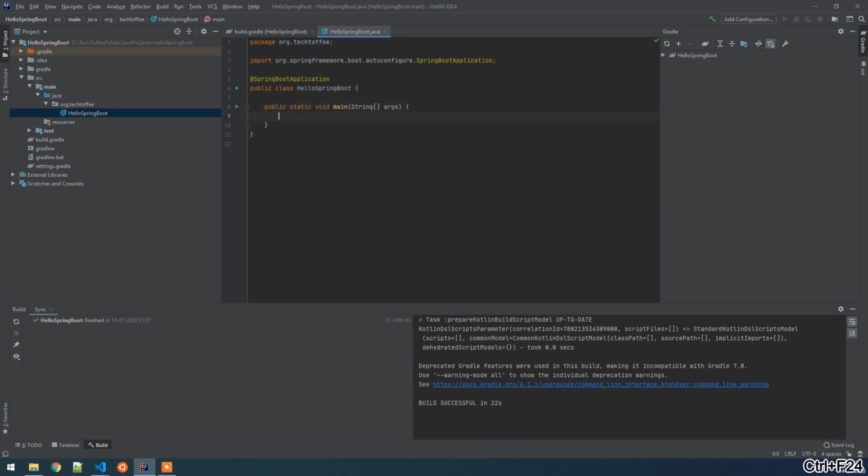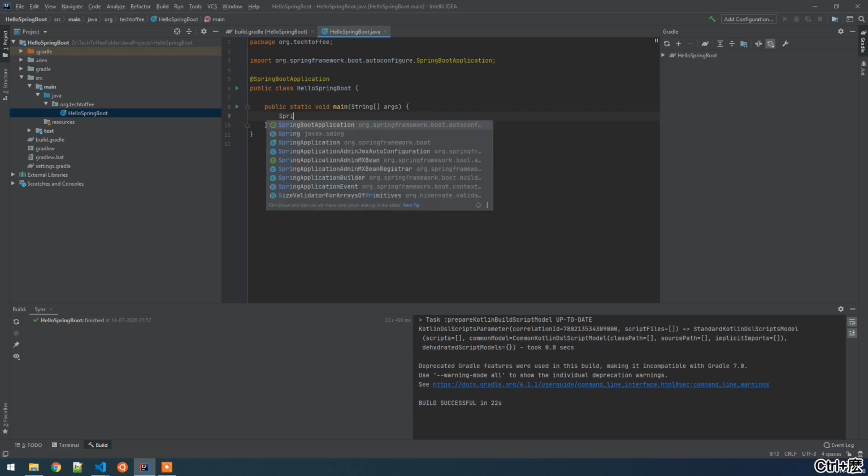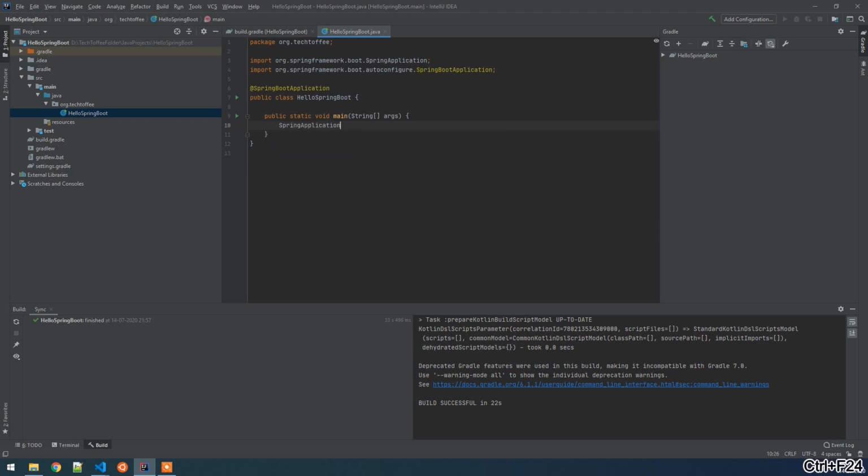In this case we create a SpringApplication and call run, telling it which class should run, and we can pass any arguments you want. Here we are passing the main method's arguments. This is the way that our Spring Boot application is ready.